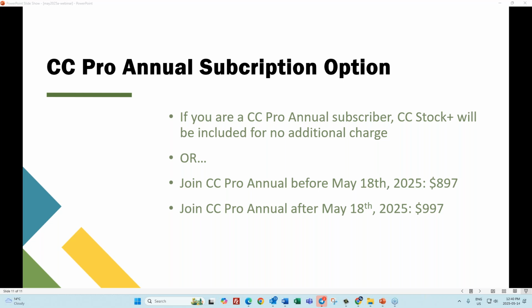Yeah, in 2 months, will I have access? So Addo says here, if I upgrade to CC Pro in 2 months, will I have access to this, or is it only if I update now? You'll be able to update at whatever the rate is then. Like I say, right now, if you join before May 18th, it's $8.97. And this is for CC Pro 12-month subscription, right? Just so you know, an annual subscription. So if you do it before this, it's $8.97.